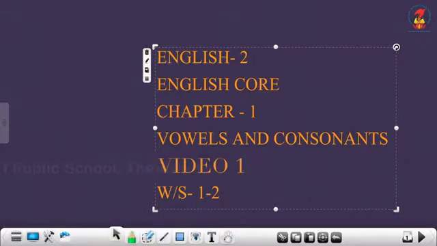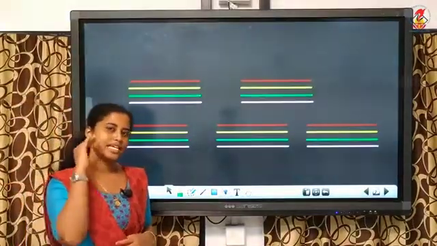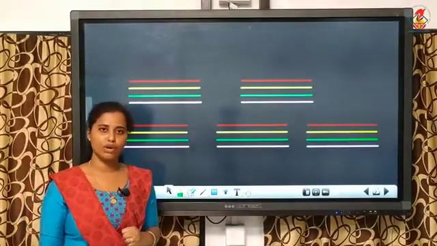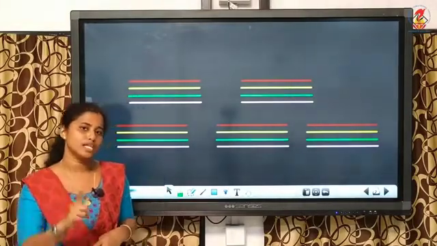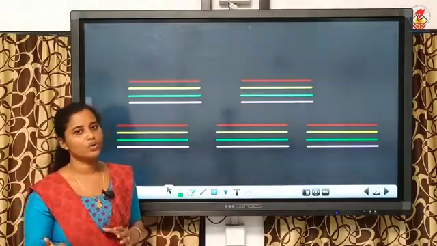So what you have to do is pick out a word with the vowel sound A, E, I, O and U, and write it in the space provided, that is on the 4 lines given. You can see 4 lines. Under each heading you can see 4 sets of 4 lines. That means under each heading there will be 4 words with the vowel sound A and 4 words with the vowel sound E, I, O and U.